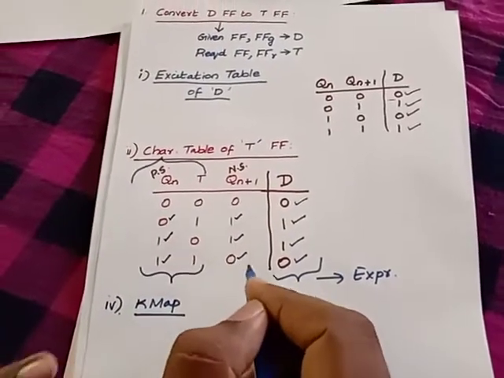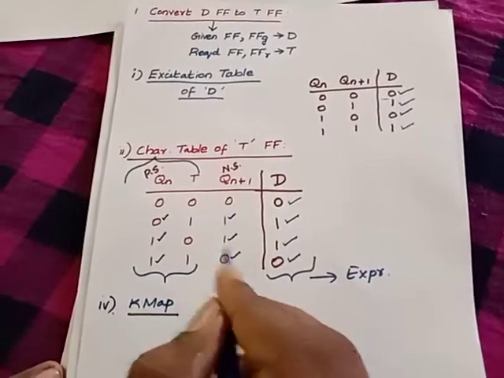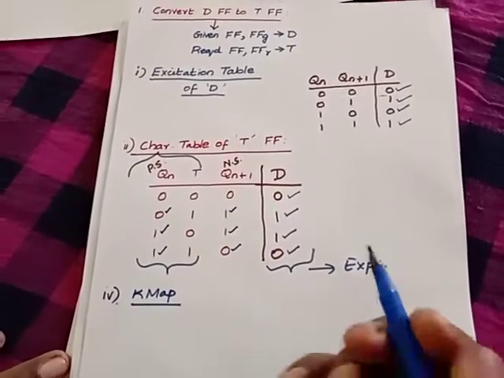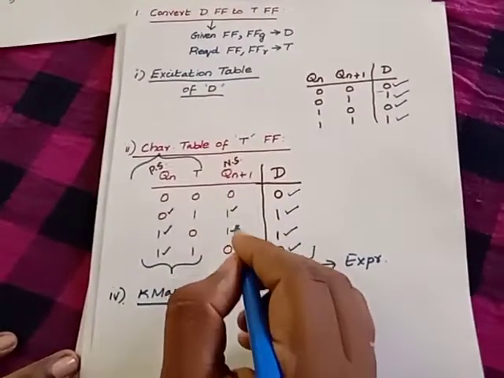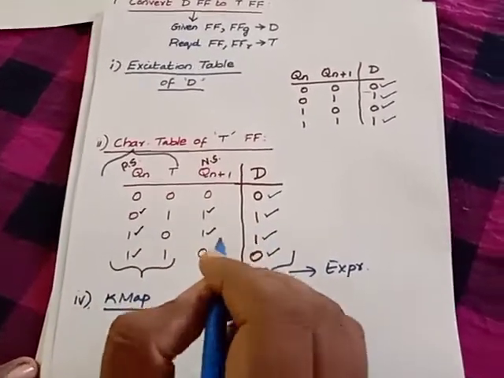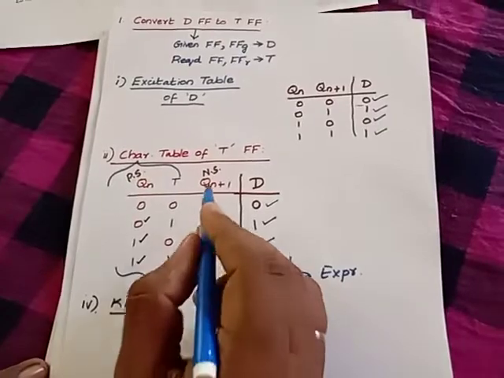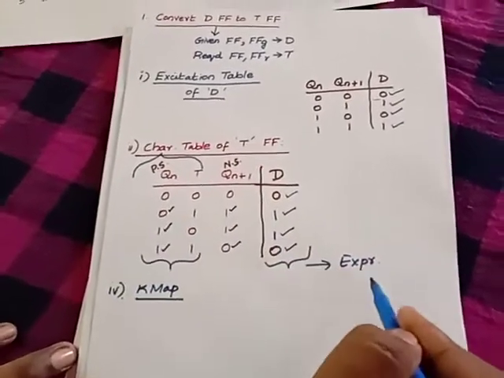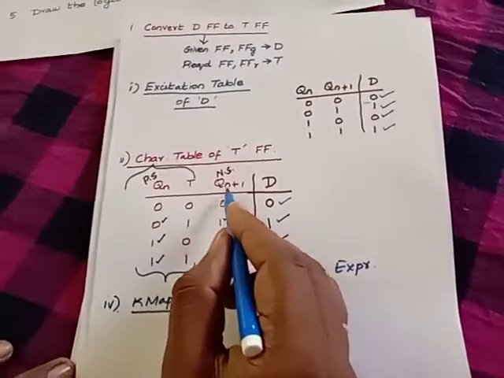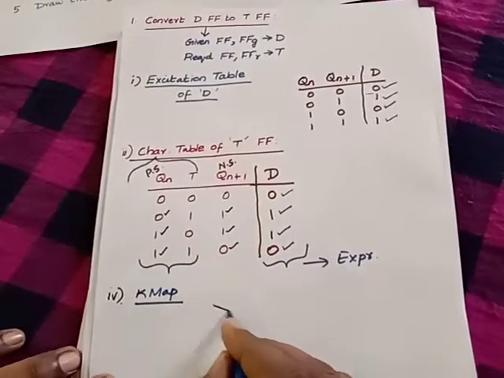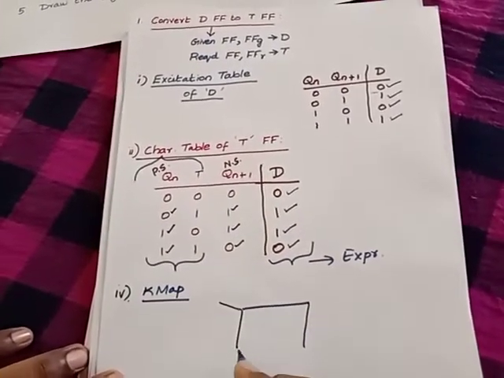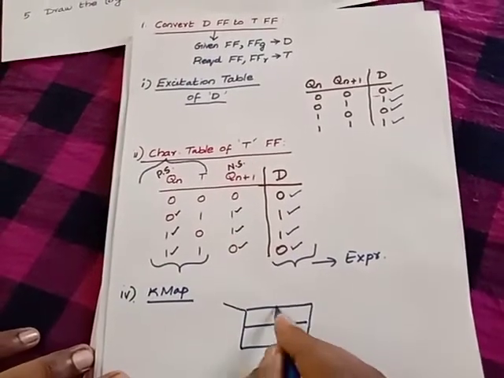Usually we will not bring the next state into our K-map because the next state is a prediction. If this is the case, that might be the case. So that is a prediction, and we cannot bring this prediction into a K-map technique. So keep it in mind always. We'll use this next state for analysis, but for finding the expression, we will always exclude the next state. So when you exclude this, you only have two values. So this K-map will have only 4 cells, correct?